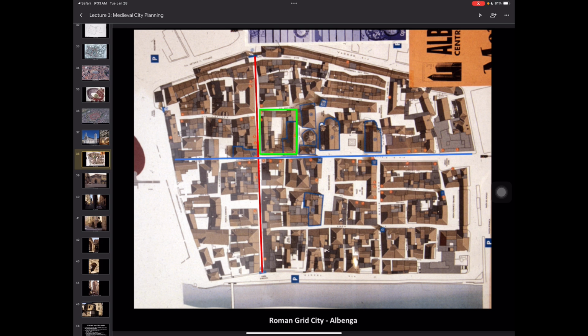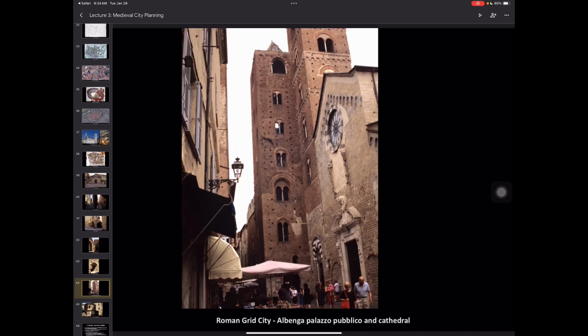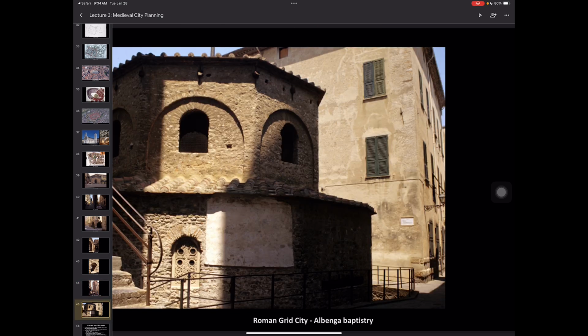Right, so I showed you the height of the cities. There's the town hall, right? You can see how it's been blocked off entirely by the church. And then there was a little baptistry just behind it. So these are the steps up to that town hall. And we do have this little baptistry on the side that took over this extra little corner. Remember, in Italy, they do like to separate it.